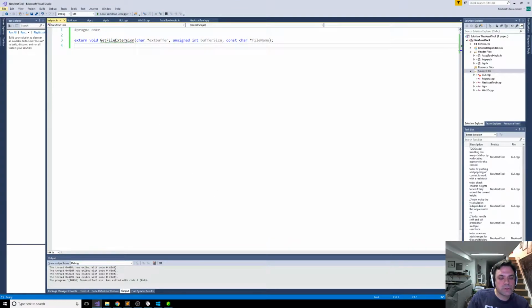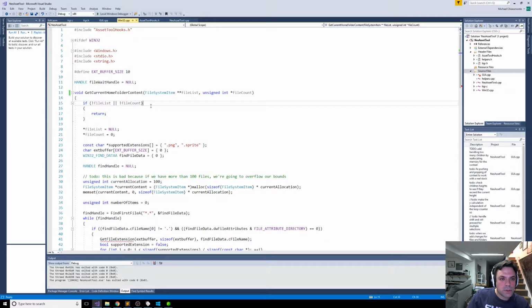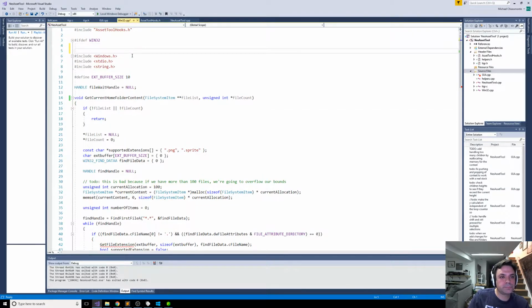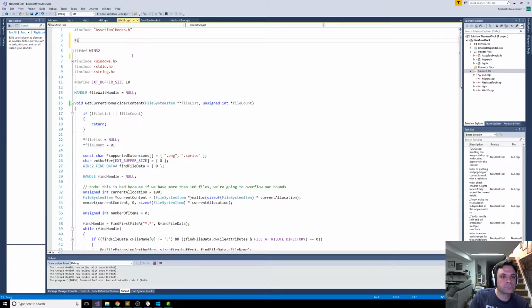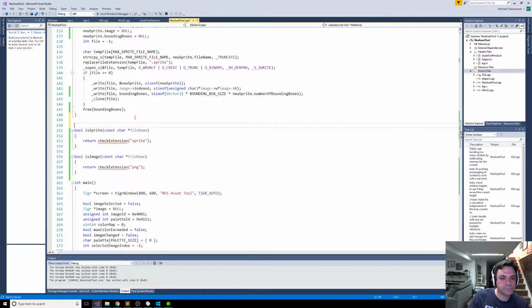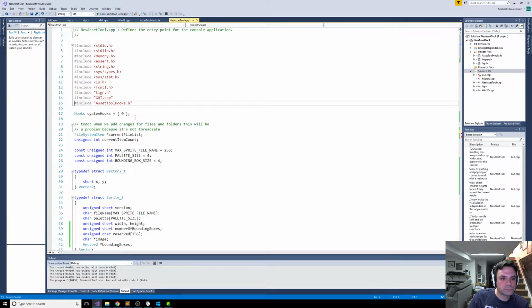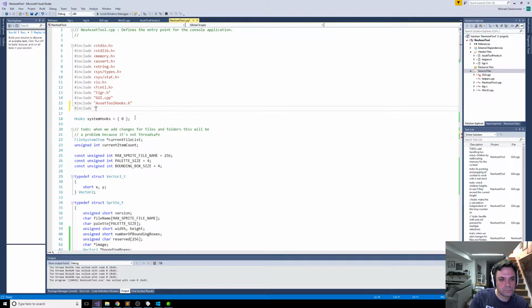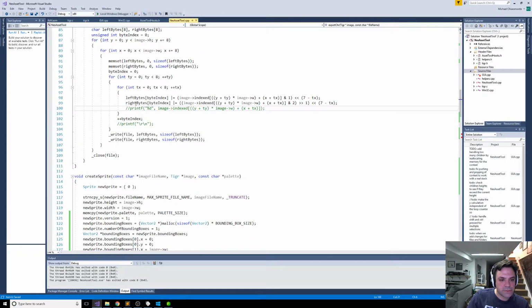Get file extension. This here too. Okay, so